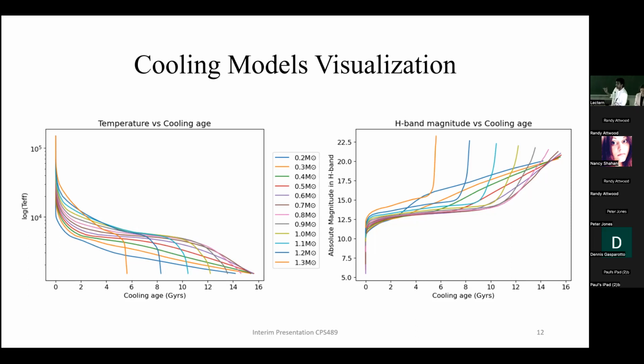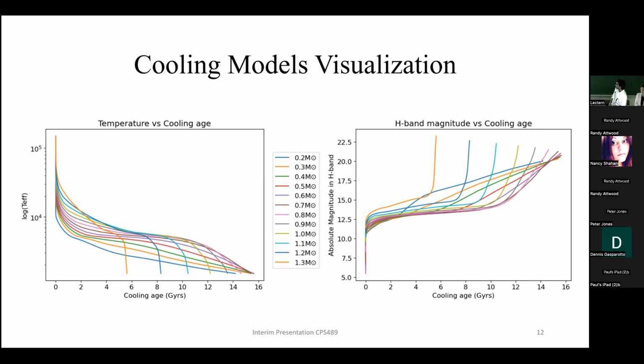Those are higher mass white dwarfs. White dwarfs with a higher mass die earlier than white dwarfs that have a lower solar mass. And for the absolute magnitude, you can also see that higher mass white dwarfs start off a little bit fainter in their cooling models than the lower mass models.